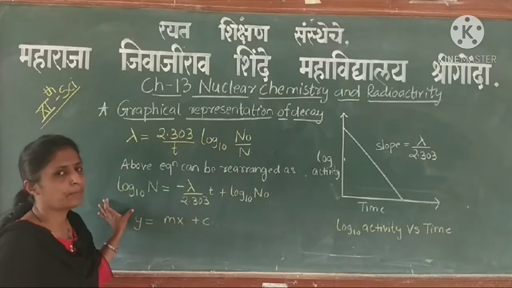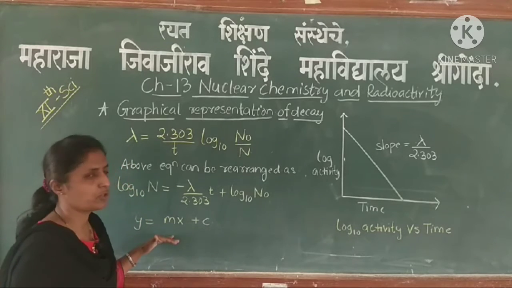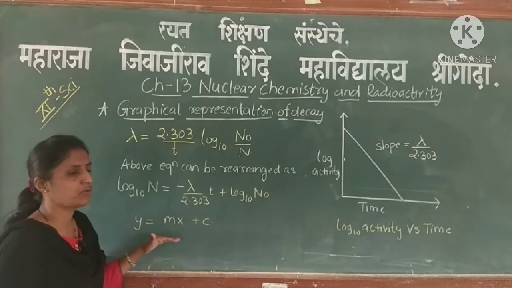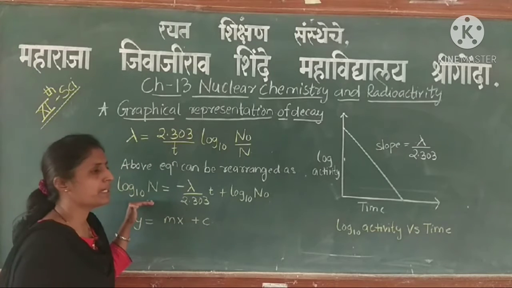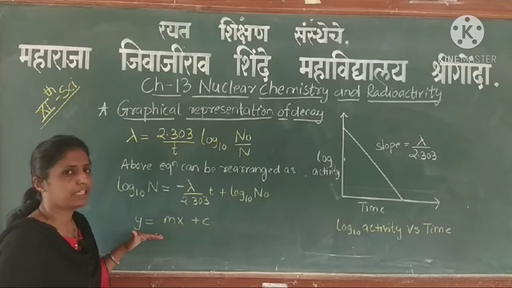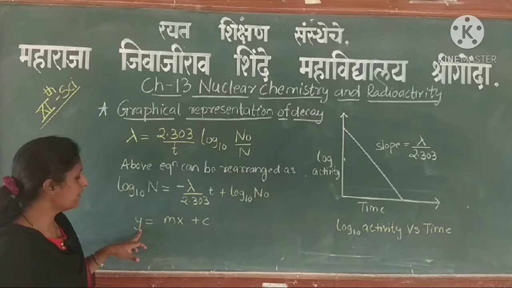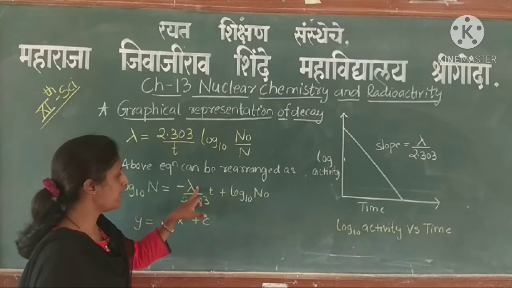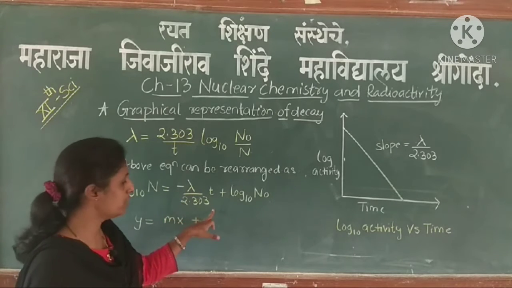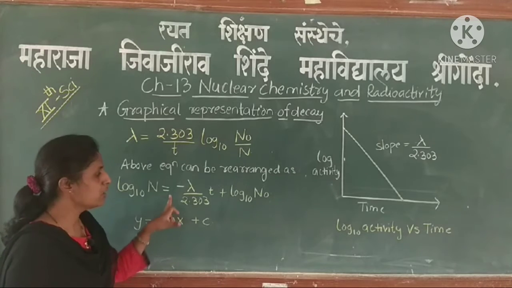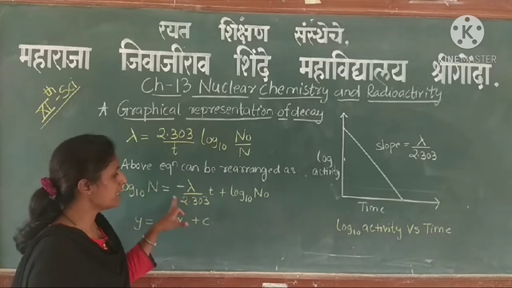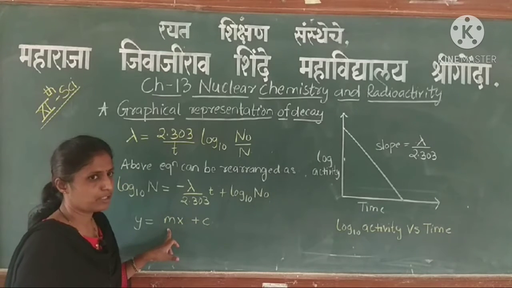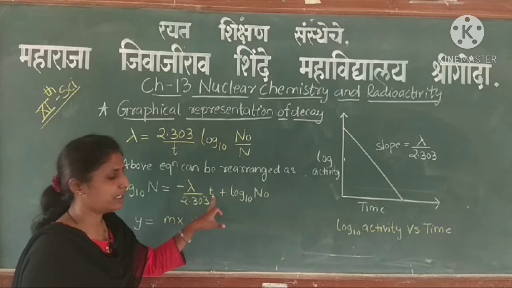Now if you compare this equation with the equation of a line, which in maths you have studied, that is y is equal to mx plus c, you can see that y is your log of N to the base 10, your m is minus lambda upon 2.303. m is nothing but the slope of the line. So the slope will be minus lambda upon 2.303,